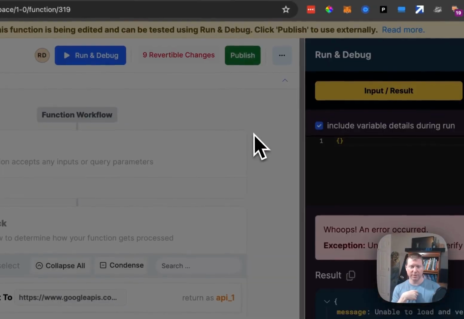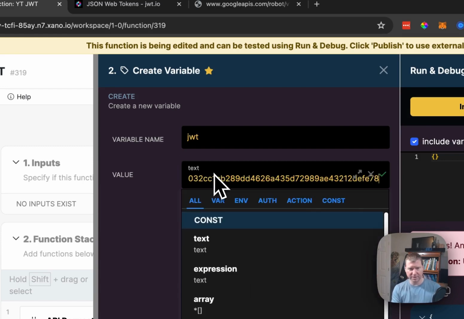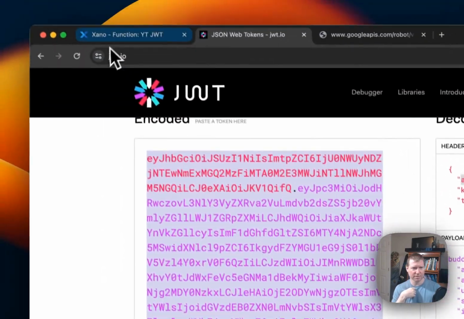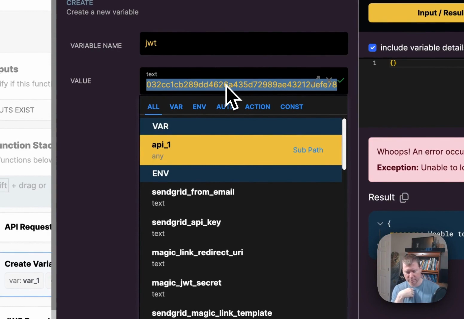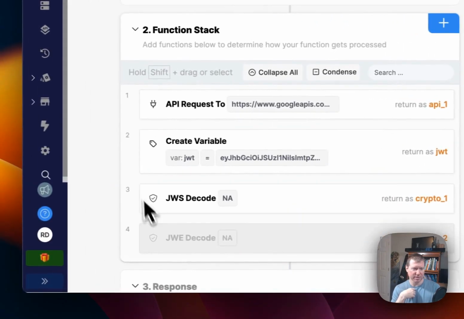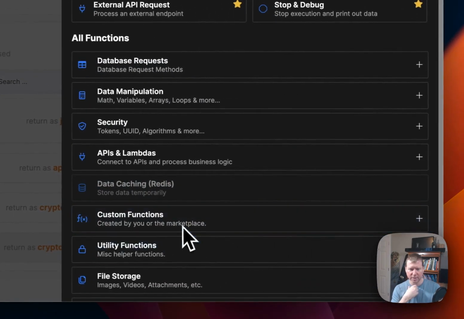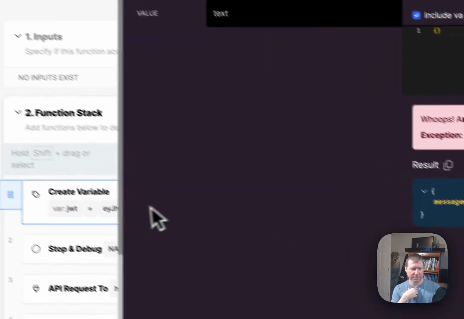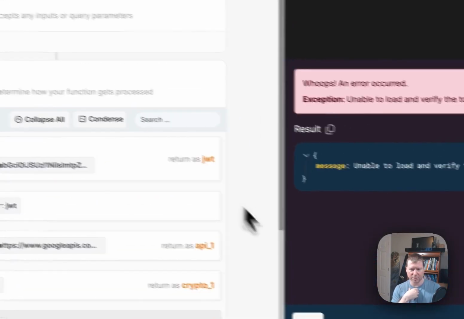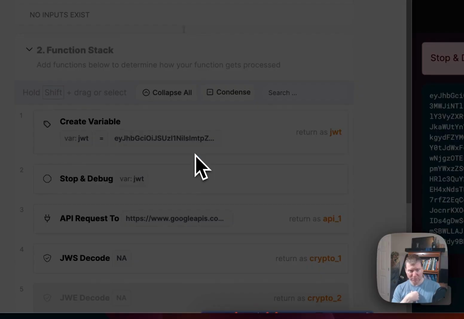If I were to just quickly create a variable, I'll call it JWT. Copy this, and paste. Right, expand it. You see lots of stuff in here, right? So if that's my JWT for a second, and I just throw a little stop and debug in here to make sure that I can see it, JWT, right? And then if I rerun and show me the JWT, lots of text. Well, a thing I can do in here that's actually kind of cool is